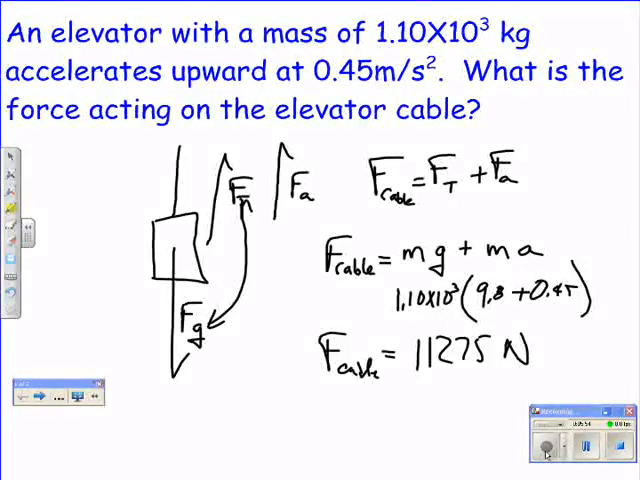Now, how would we correctly state that answer? How many significant digits can I have? I can have 2, right? Why do I only get 2? The 0.45 rules everything, right? That's my 2 significant digits. So my correct answer would be